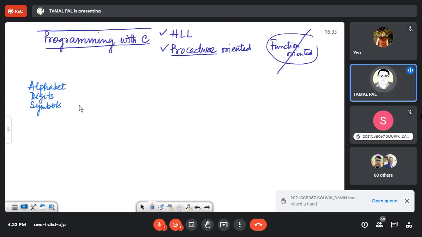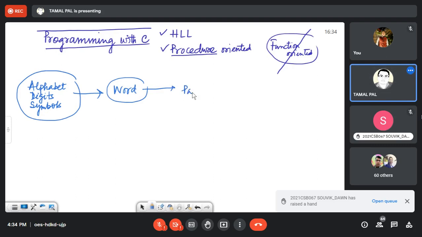This type of things are more or less available in any language. I am citing an example of English, but not necessarily English. For any language, these things are available. There is a specific alphabet if you are a Bengali speaker or any language speaker. So from this you form a word, that is nothing but a meaningful organization or arrangement of this type of things.